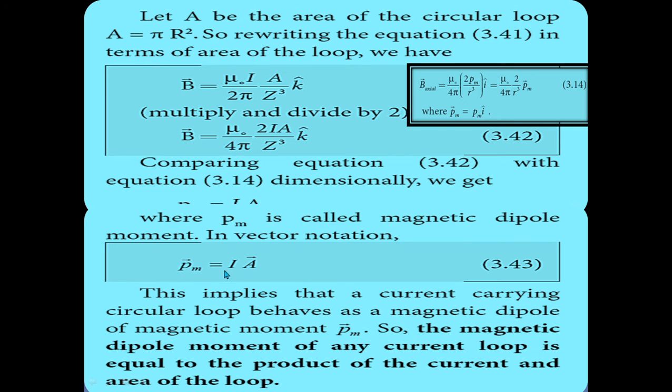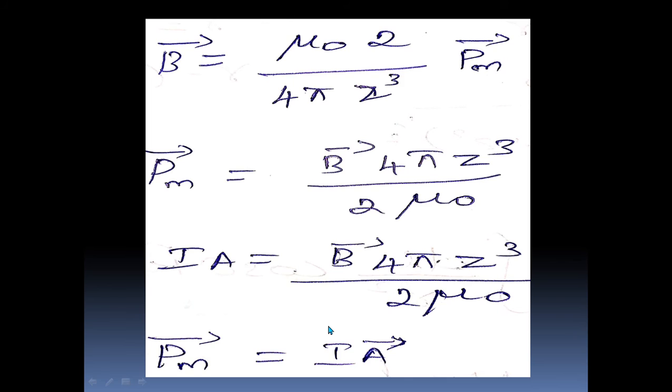This step, pm vector equals I A vector, where pm is called the magnetic dipole moment. This implies that a current carrying circular loop behaves as a magnetic dipole of magnetic moment pm vector. So the magnetic dipole moment of any current loop is equal to the product of the current and the area of the loop. Next topic,